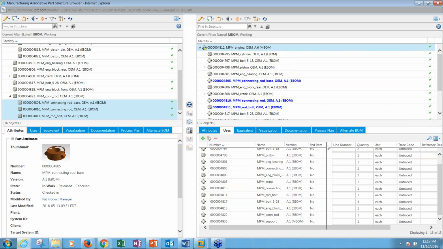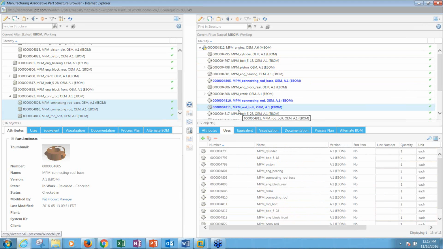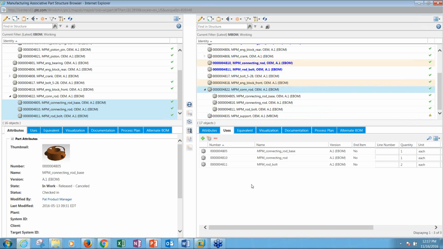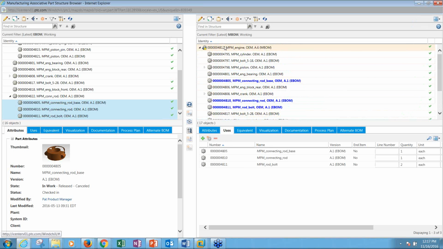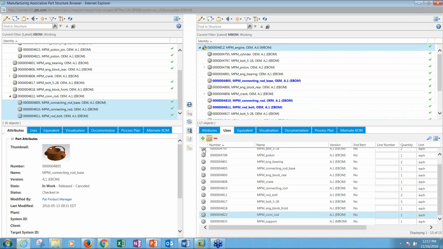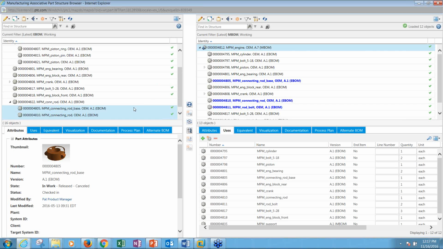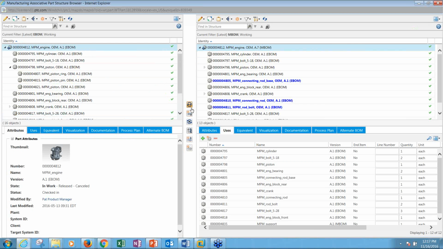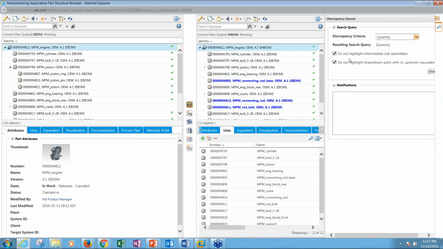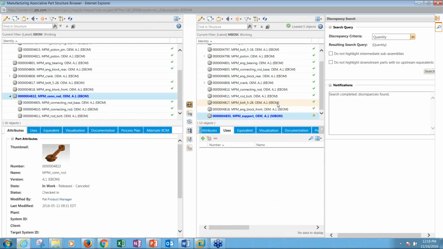So I'm going to pick just the connecting rod itself, this one. And I'm going to remove that from the structure. And again, I'll go ahead and check this back in. And now if I do my reconciliation, what it will find is